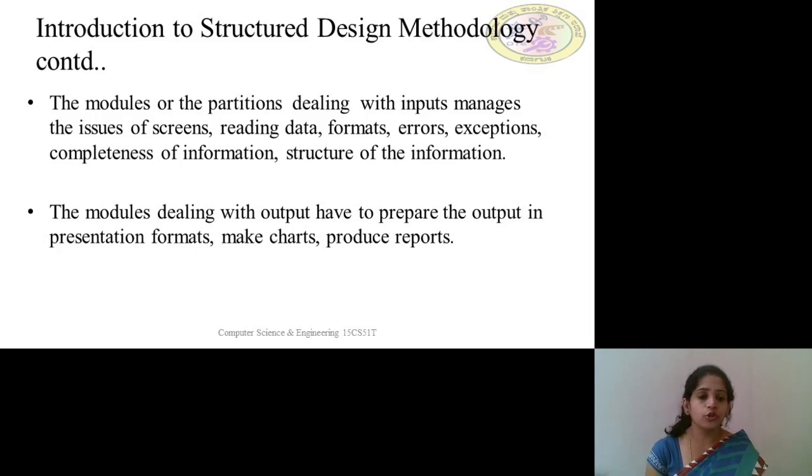And also, modules dealing with the actual transformations deal with getting the data into a proper format for the output, transforming the particular data and producing the output in the desirable form by making suitable processing. So while transforming, we should think of getting the data in the proper format and applying a proper logic, so that the transformed data is suitable for all the applications.